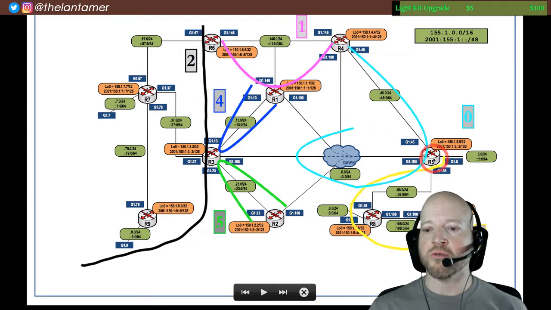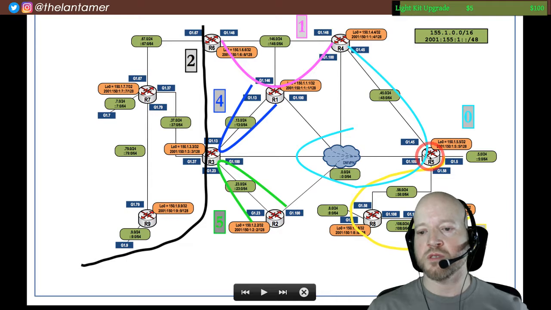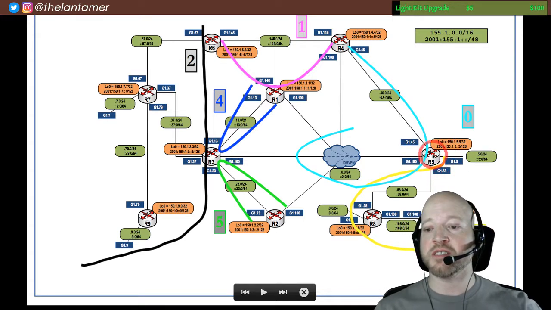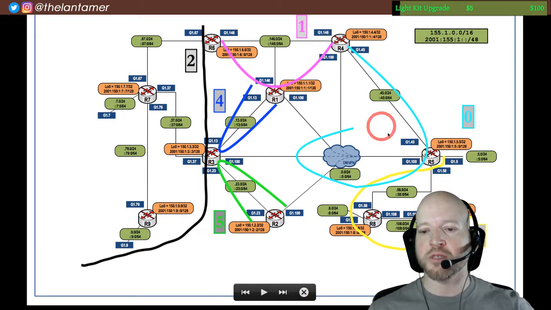So there are certain rules about this type of conversion, and when you can filter and when you cannot. If there are LSA 1s and 2s that R5 knows about from the database, then yes, it can certainly, not only is it allowed to summarize those as an ABR in area 0, but it can filter. And it can do that in both directions. And that's what we're going to do in this particular lab. There are some things that it cannot do, right? Even though it's an ABR between these areas, there's certain instances where,